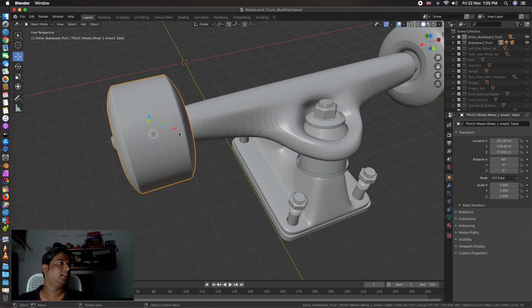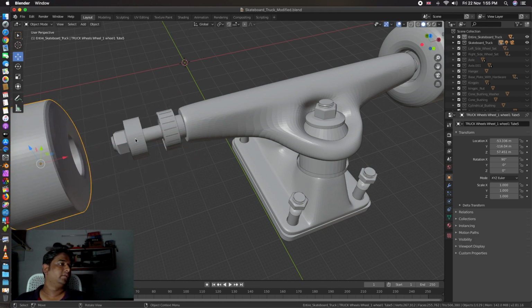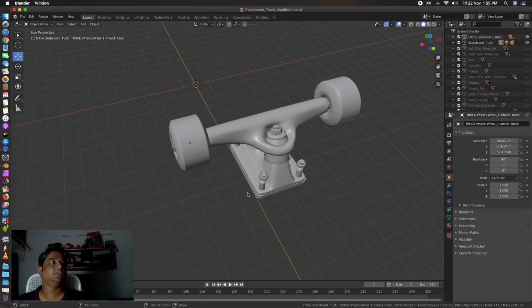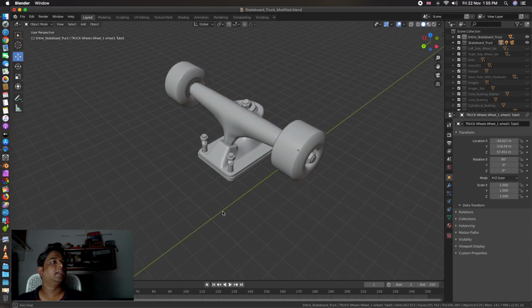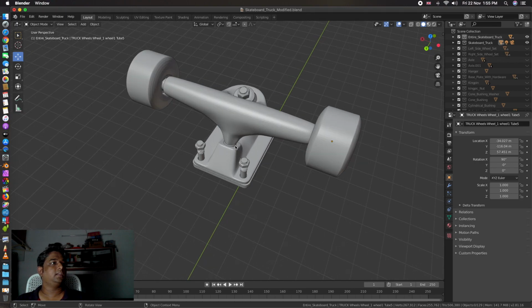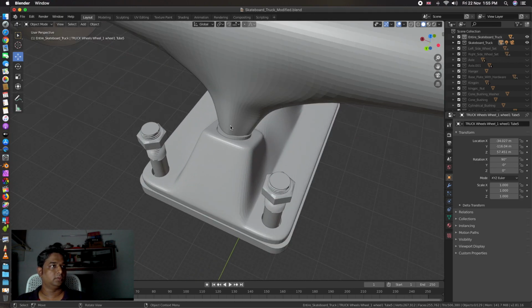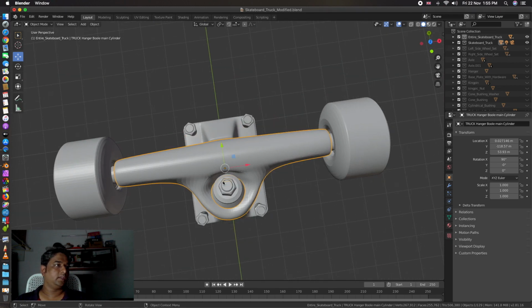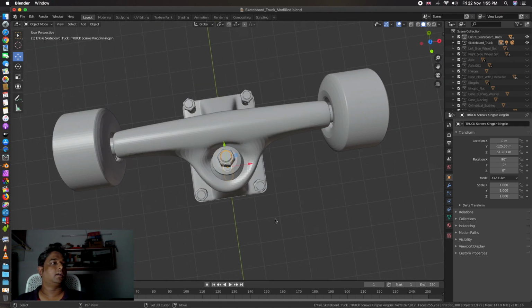So here is the wheel. When you remove the wheel, you will find that there are a couple of bearings and a spacer here, and the wheel nut locks the wheel in place. So this is the complete assembly of the traditional kingpin truck, and as you can see, this is how the pivot cup holds the pivot of the hanger, and that's how the kingpin runs through